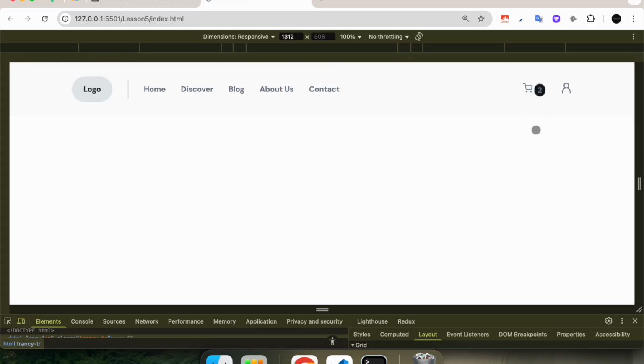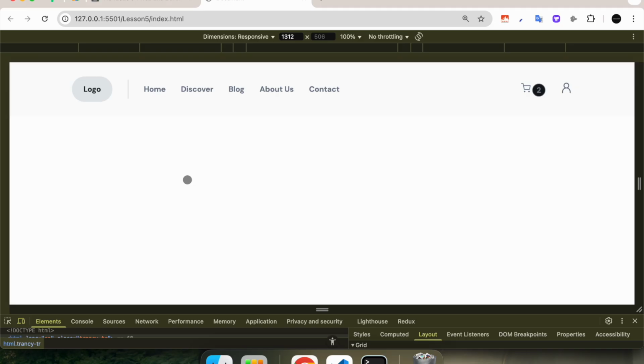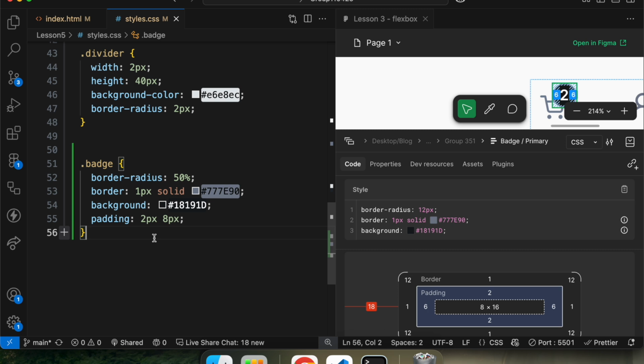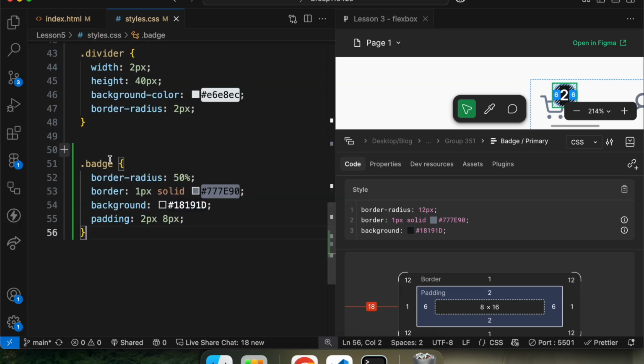So this looks like that. Alright, so I will modify it like this. I will not use border radius 12 pixel, I will use 50%. So now it looks a little bit better, you can see. But we want to place it on top of the shopping cart. However, they are more like side by side right now. So what do we do? We need this other class, icon with badge, and I will add it top,